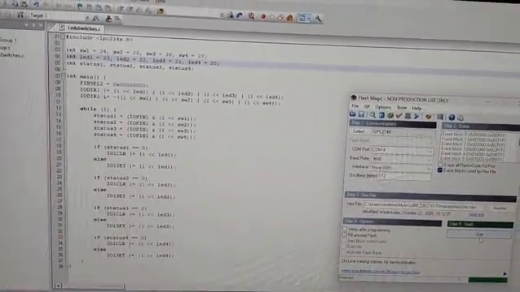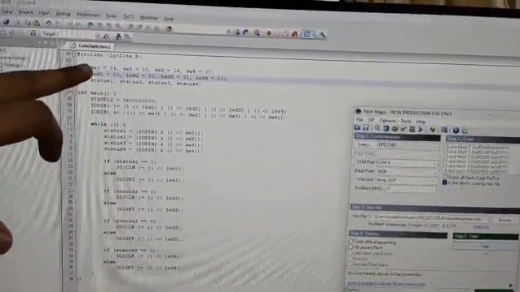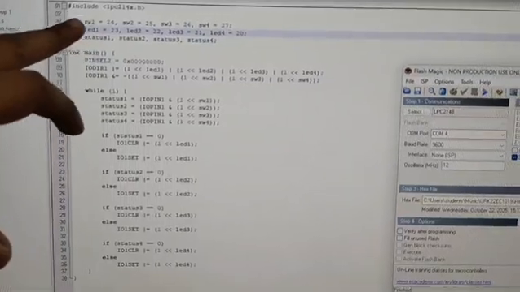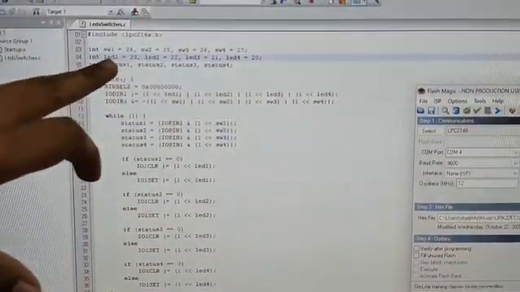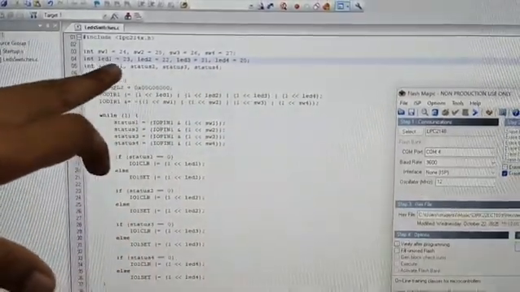So this is LED and multiple dip switch, 4 dip switch interfacing. 4 LEDs, 4 dip switches. In the previous code we did 1 LED and 1 dip switch. Here we are using 4 LEDs and 4 dip switches. Similarly, in the previous code we used 1 pin port number and 1 variable. So we are creating 4 variables for each of the switches, 4 variables for each of the LEDs,